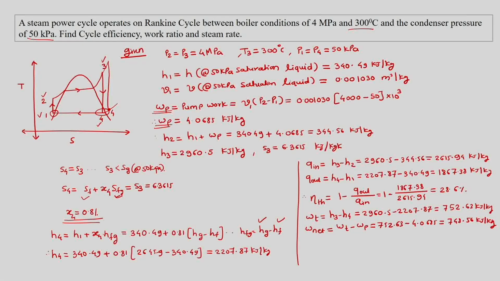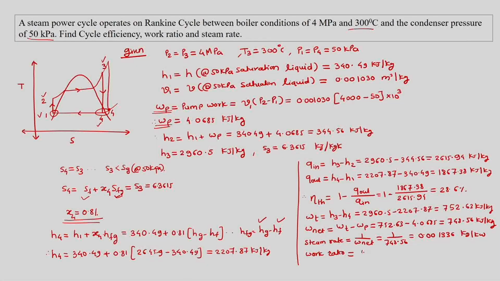So we can find out the steam rate. Steam rate is equal to 1 upon W net, which is specific work. So it is 1 upon 748.56. So it is 0.001336 kg per kilowatt-second. Then we can find out the work ratio,